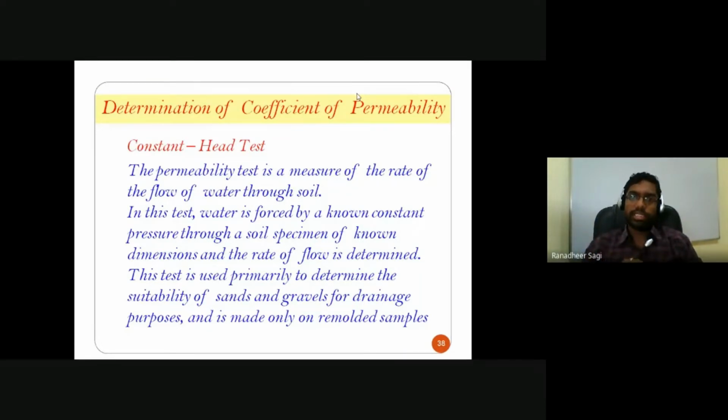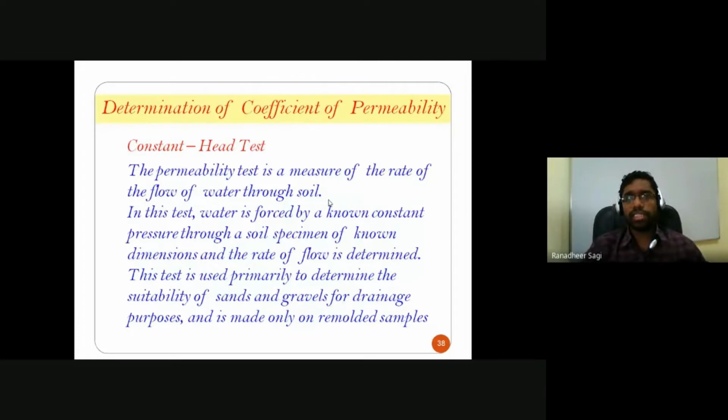And in the case of falling head test, initially we have a certain total head difference because of which the flow is getting initiated. And later, with increase in time, the total head difference between upstream and downstream continues to slowly decrease because of the small interconnected void spaces that exist in the fine grained soil sample. Okay, that is in the case of falling head test. Okay, so let us start looking at your constant head test.